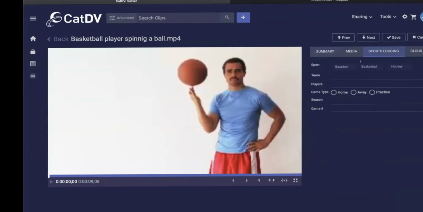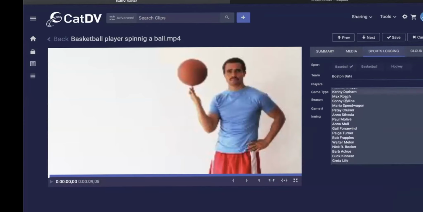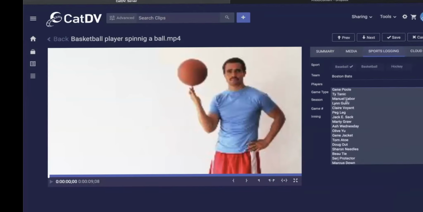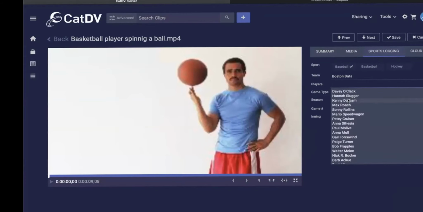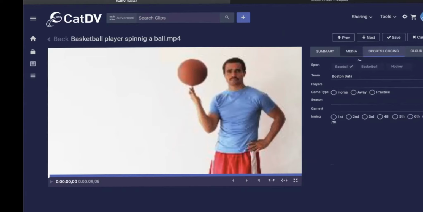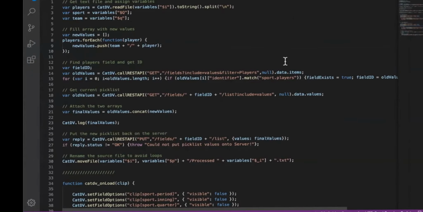Bring it back up. So I put that in the Boston Bats, and boom, look at that. Now suddenly we've got hundreds of players available on the Boston Bats. So I think you can already imagine the kind of power this could bring to a distributed workflow. If you've got people from all over your organization adding in data, they could be dropping files places and updating rosters. So for the last part of this, I'm just going to take a quick run through the code that